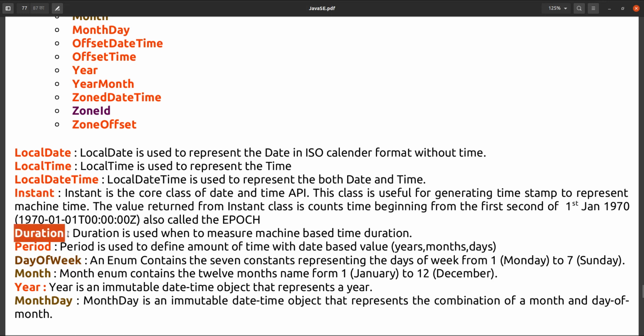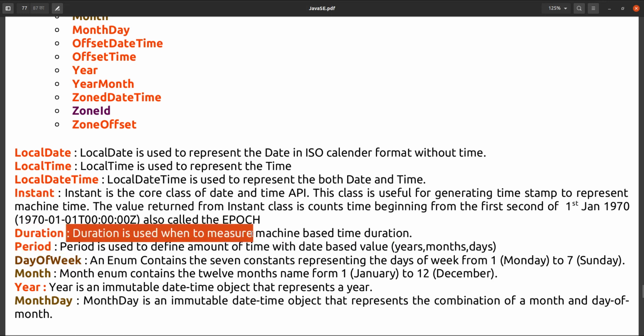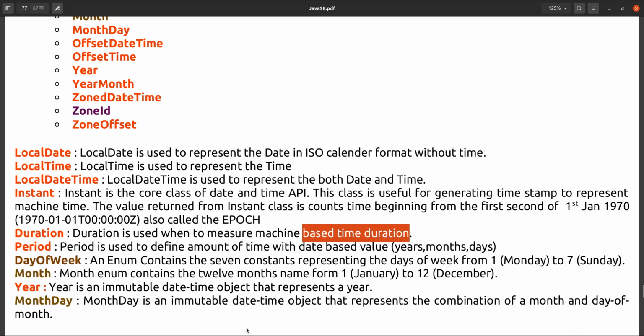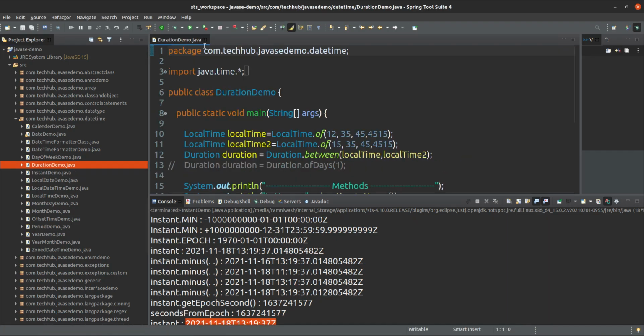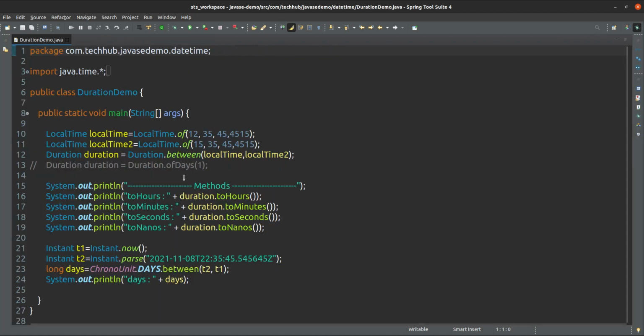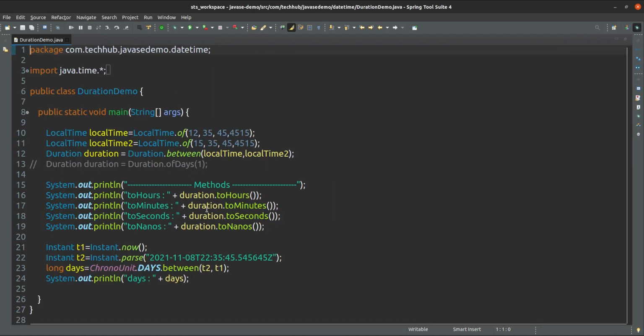Duration is used when we want to measure machine based time duration. To measure the machine based time duration, we have to use the Duration class. So this is a Duration. Suppose we have created two LocalTimes, sorry, we have created two local times, because duration will be measured in times only.